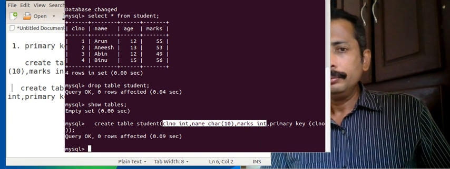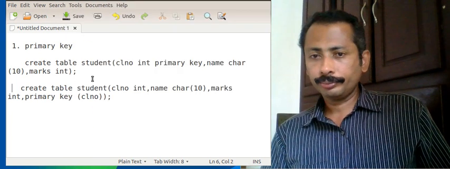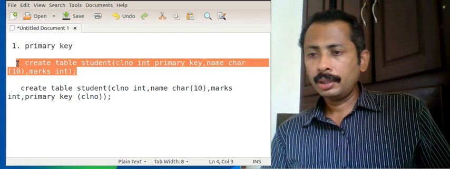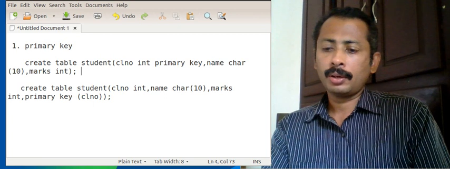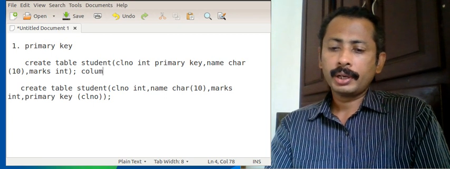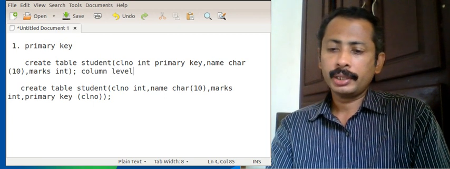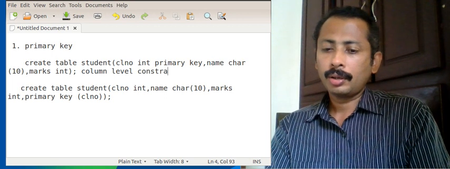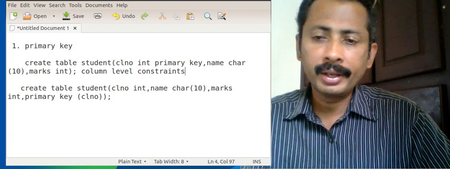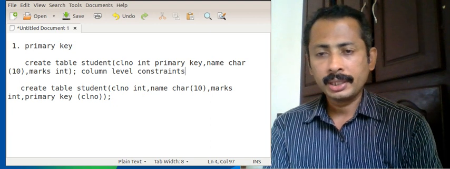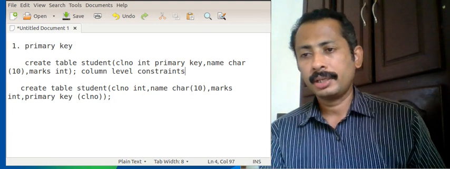This type of query is called column level constraints. We are setting the constraints at the column level. That is, while adding a column, while adding a field, we are setting the constraints. That is column level constraints.